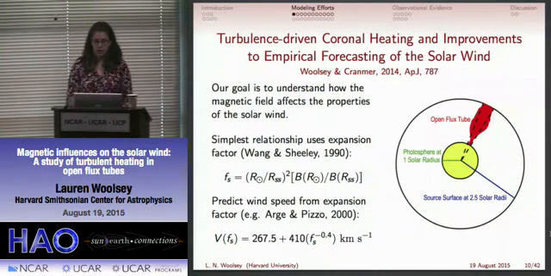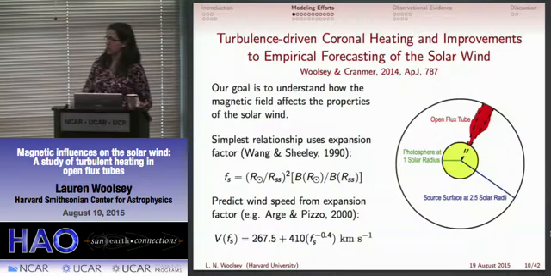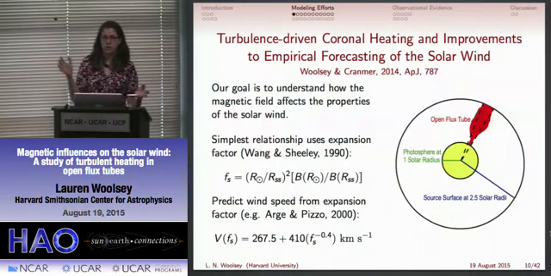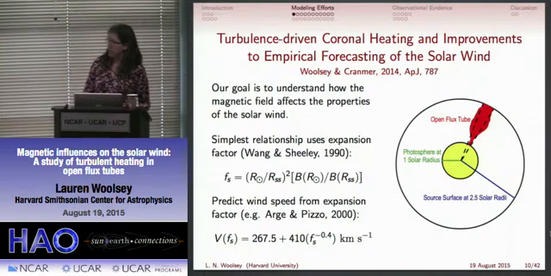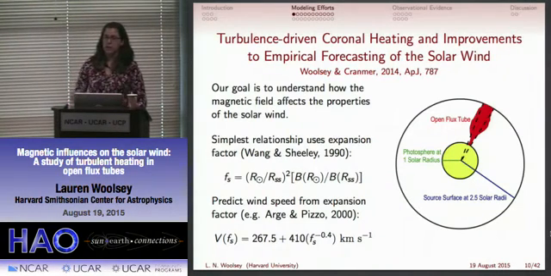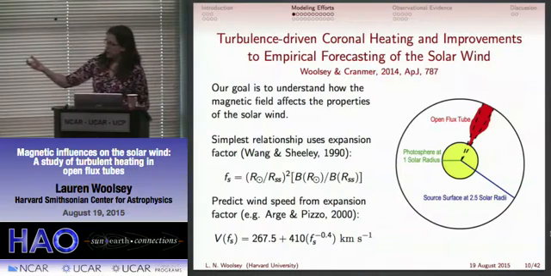Because for a lot of forecasting, a lot of the community relies on the expansion factor that I have here from Wang and Sheeley 1990, which basically boils down the entire magnetic field structure into a single ratio of the field strength at the source surface, which is at a distance of 2.5 solar radii from the sun's core, and the magnetic field at the photosphere. So it's normalized with this